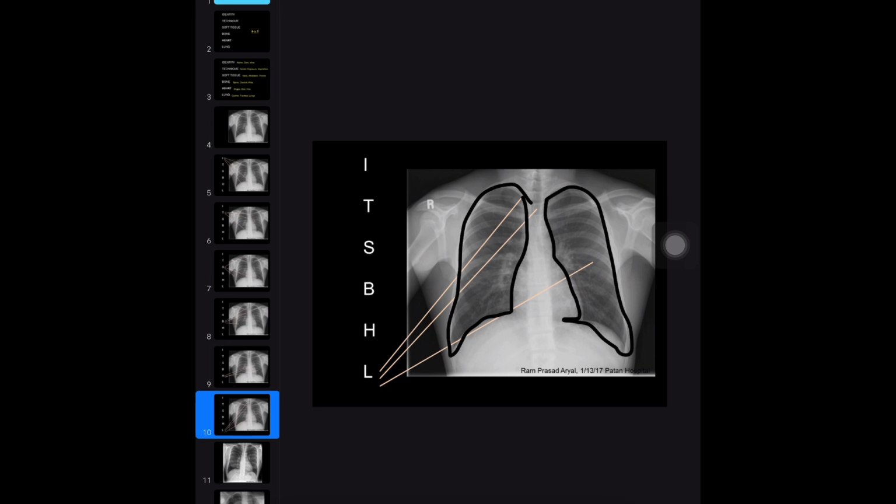So for the outline this is, and you have to see the trachea, whether there is any deviation of the trachea or not in the X-ray. And then you have to look inside the lungs to see if there is anything abnormal in the lungs. Okay,